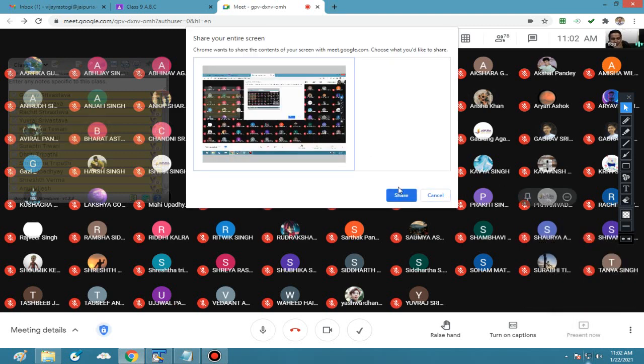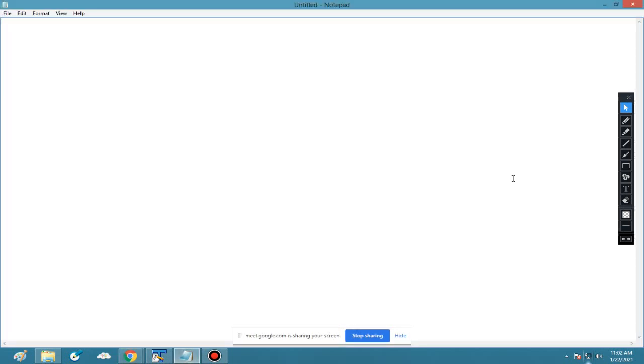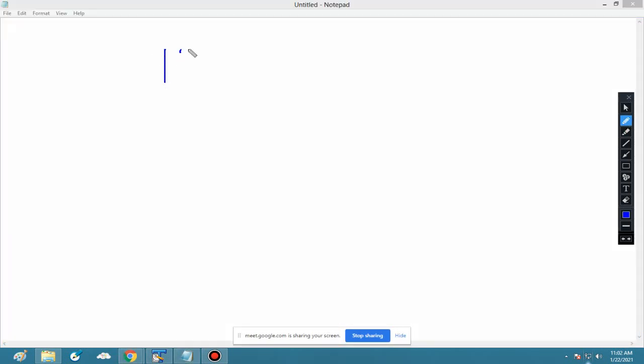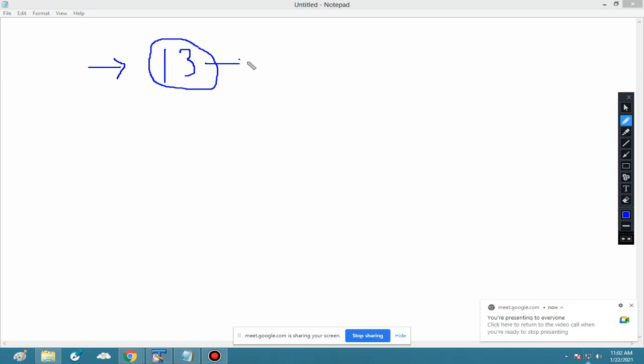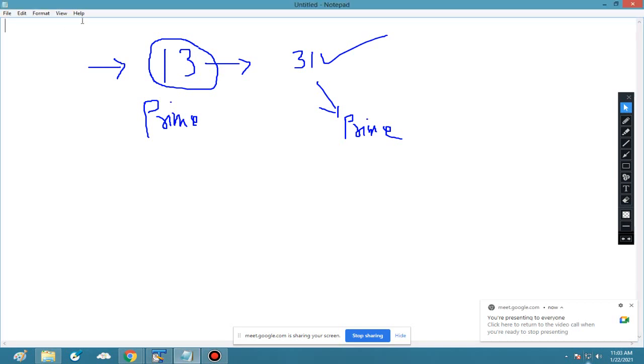Let me show you. See here, suppose 13. I have entered 13. So 13 is a twisted prime. Why? Because 13 is a prime and its reverse is also a prime number. So both the actual and the reverse are prime. Am I clear? Yes, sir. That is why it is known as twisted prime.